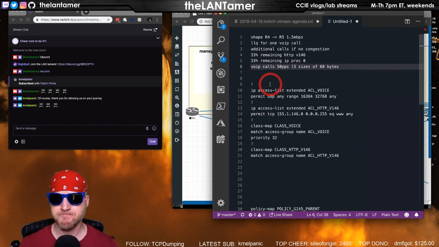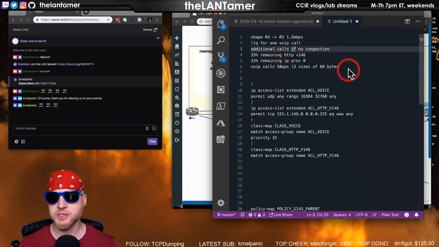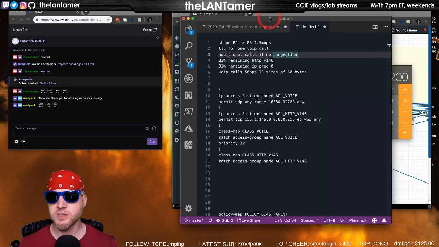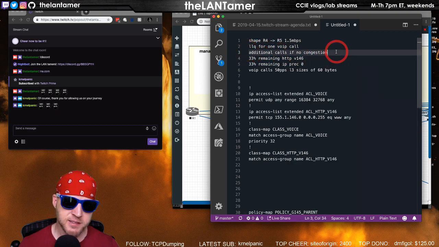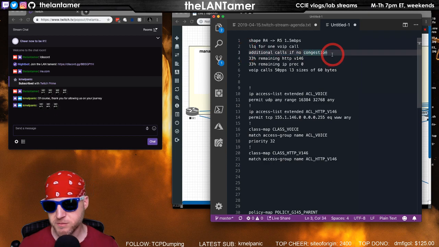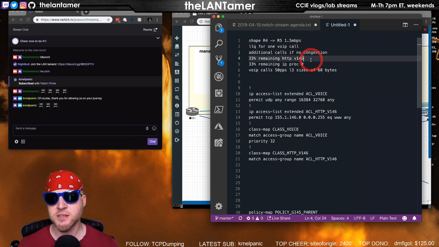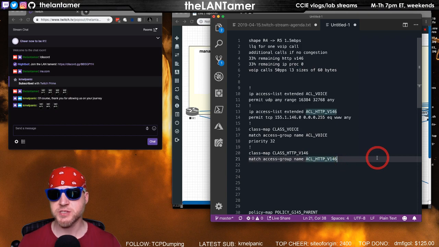Okay, so then in our requirements, we want to do LLQ for at least one VoIP call. Additional calls can be made if there's no congestion. In other words, we're not going to reserve any bandwidth here. Read: no bandwidth reservation for you. This needs to be reserved, and this needs to be reserved. So all we have to do is set up this class,